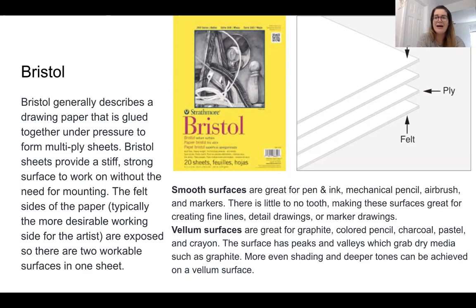and you can see on this little graphic how it's made. Bristol is generally drawing paper, but it's glued together under pressure, making it a stiff, stronger surface. But it's not a canvas panel, and it's not a board either. It's still paper, but very thick, very sturdy. A lot of illustrators use it. You can use it with gouache, watercolor, acrylic, and all